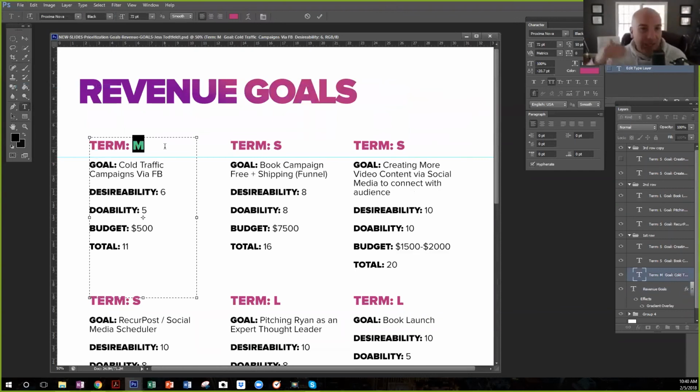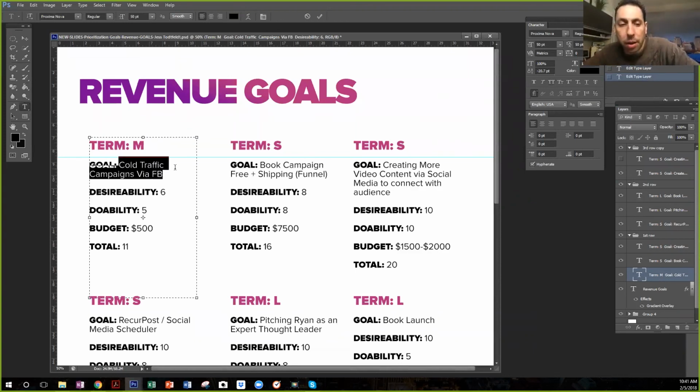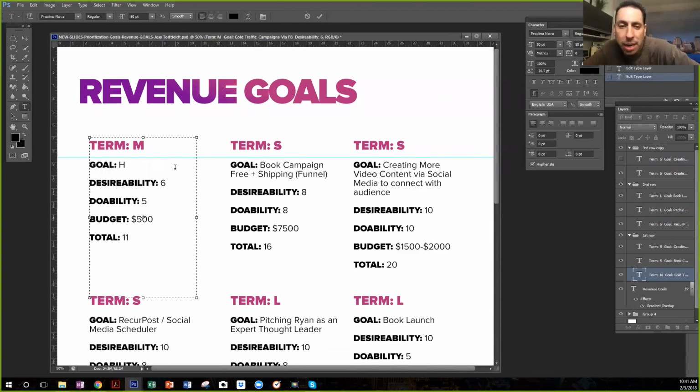Efficiency goals would be like hiring a VA and getting a VA involved, or hiring an assistant, something along those lines. Getting a Facebook ads manager, getting the software, for example. So that recurring post could kind of be in efficiency as well, but I like it where we have it, under awareness, because it's what's going to get your name out there. Definitely, so much more than right now. I mean, I put stuff on social media, but then I get busy or whatever.